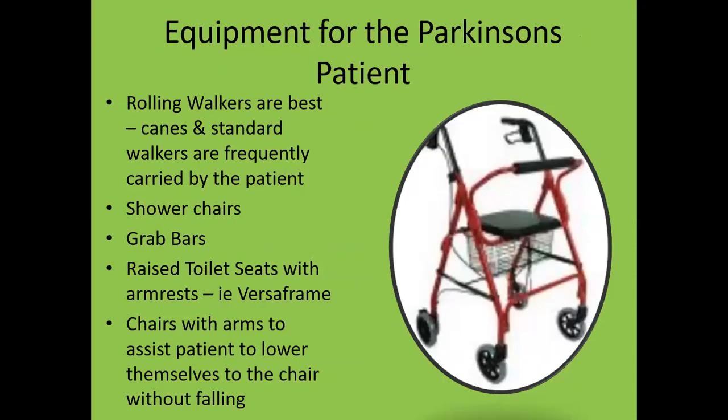The equipment, that is walker. For the Parkinson patient, this kind of walker is a more appropriate tool to enhance mobility. So the rolling walker and the canes, and the grab bars, raised toilet seat. These are all the things that will give support to the Parkinson patient, especially